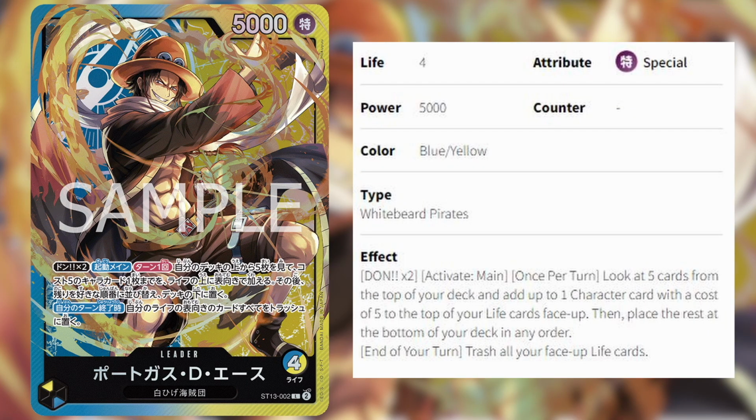Ace is a blue and yellow leader with the Whitebeard Pirates trait. It also has 4 lives. Its effect is, if it has 2 DON attached, activate main once per turn, look at the top 5 cards of your deck, add a 5 cost character to the top of your life face up. The rest goes to the bottom of the deck. During your end turn, trash all your face up life cards. Without that last line, this leader would have been broken, but there are ways for you to take advantage of